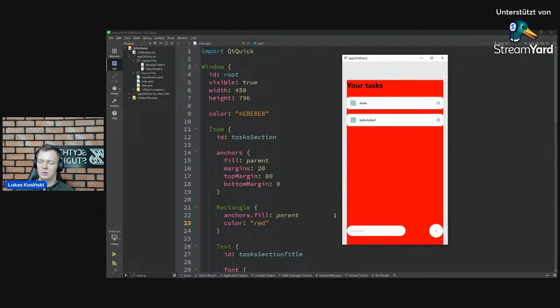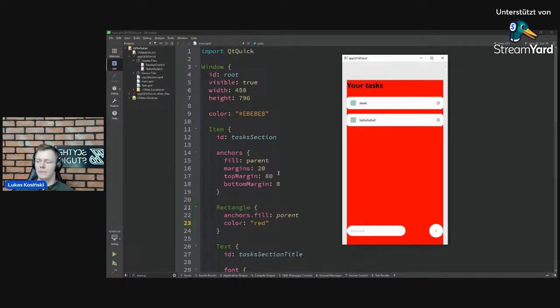I could also do it in a way that instead of setting margins 20 here, I would set left margin 20 and right margin also 20. So that's how it works, but it has some limitations, which of course makes sense. You can anchor only to the parent or to siblings.